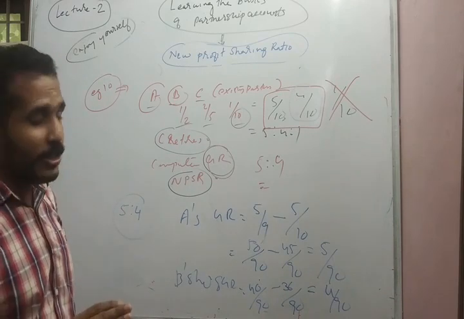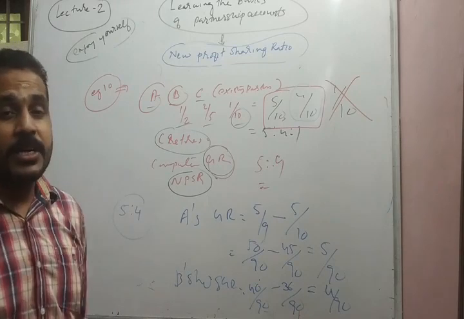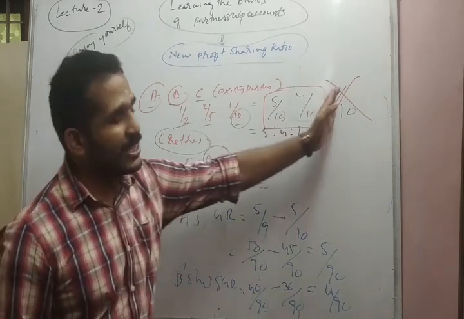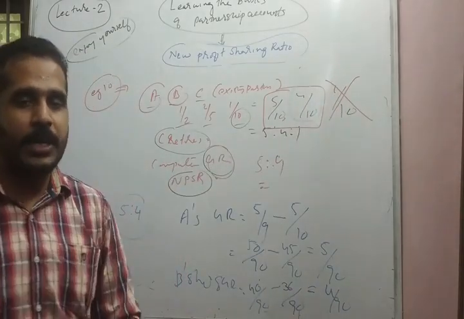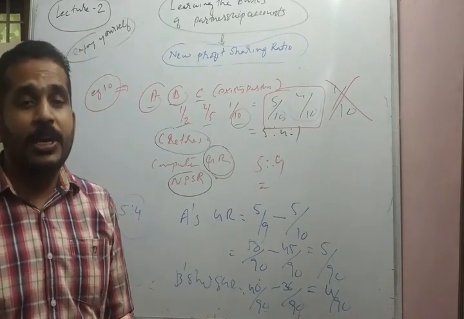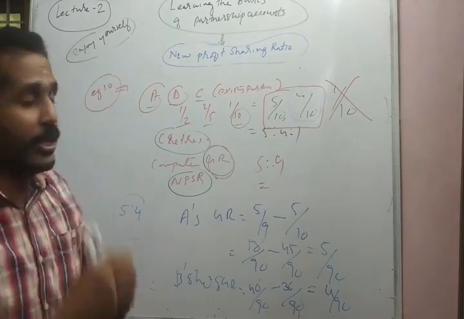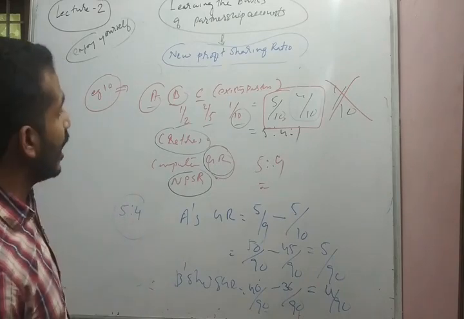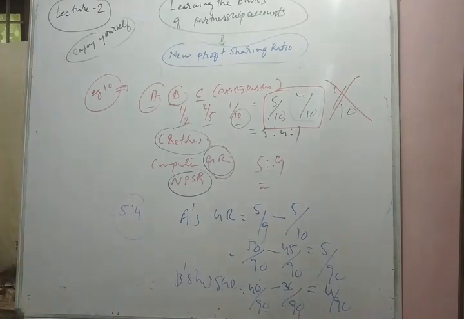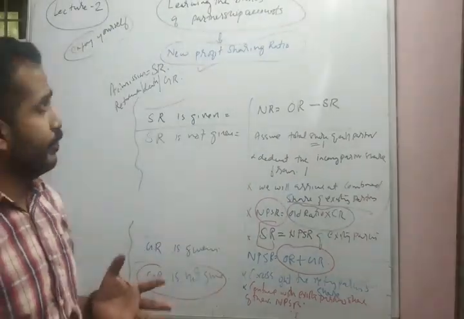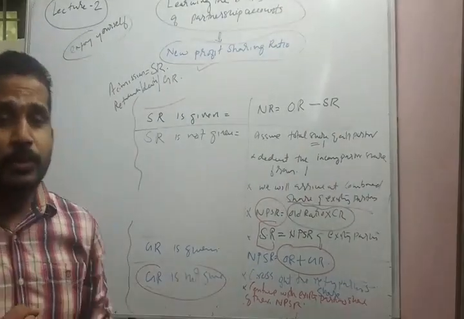So to conclude, if the retiring partner's share of distribution of profit to the existing partners is not given in the question, just cross out the retiring partner's share of profit and continue with the existing partners' share of profit as the new profit sharing ratio, and the new profit sharing ratio will be equal to the gaining ratio of the existing partners. So students, now let's have a formal conclusion with regard to our discussion on the computation of